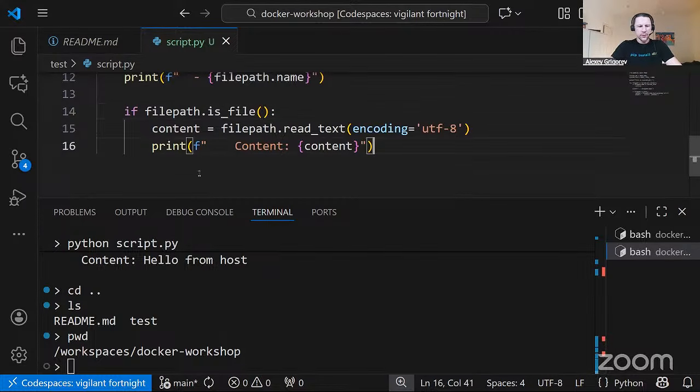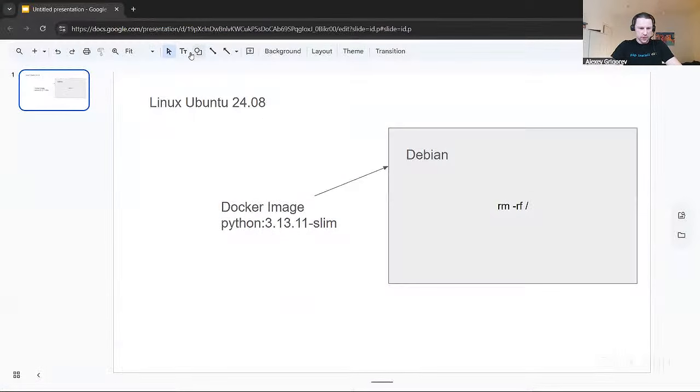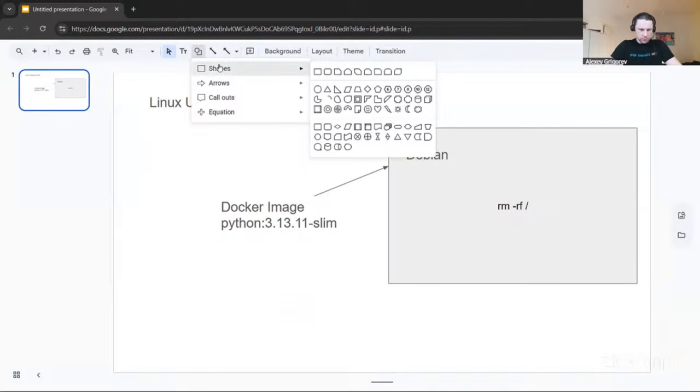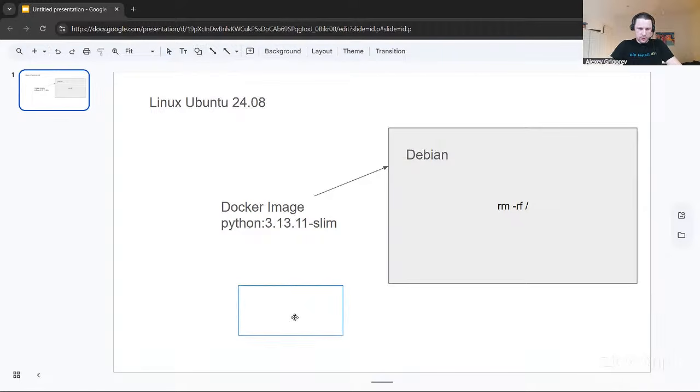Using volumes means that we have a folder here, test, and it is available both on the host machine and inside the Docker container. So in the Docker container, whatever is in this test directory should be available